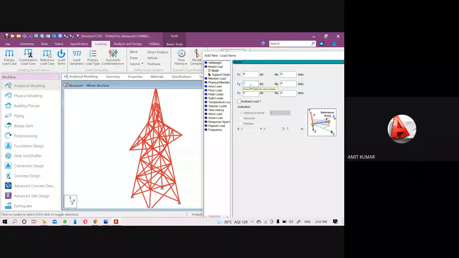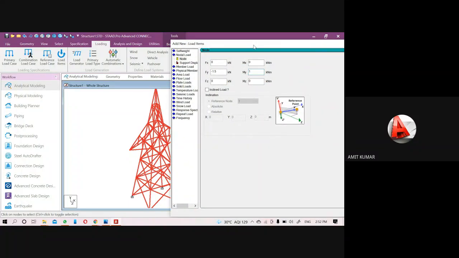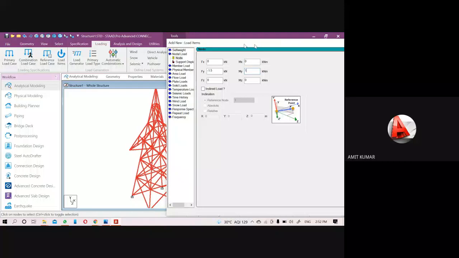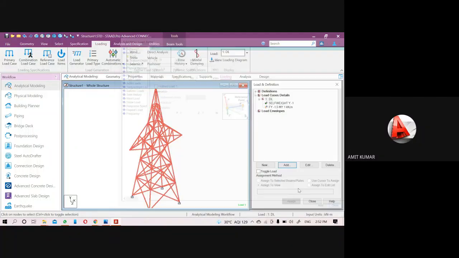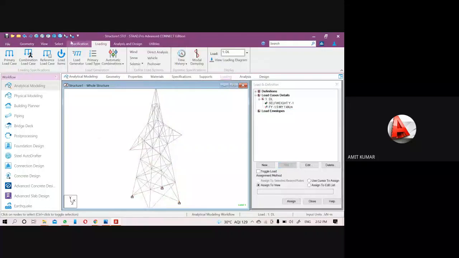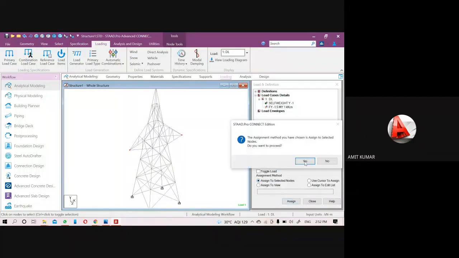Like if the nodal load is 1.5, and the rotation of the moment will be shown through 1 or -1, because 1 will show you the anti-clockwise direction, and -1 will show you the clockwise direction. I can show you, just wait. So this is the nodal load, and I'm going to add this nodal load to this node and this node only, and assign it to the selected node.